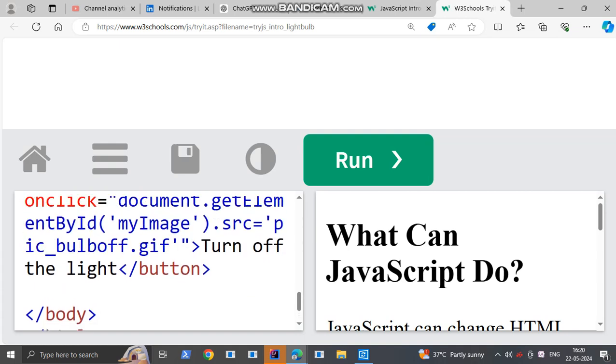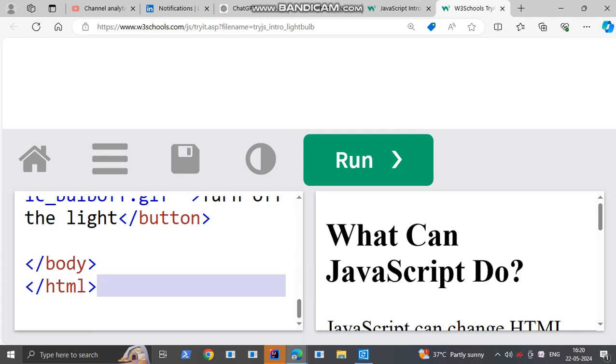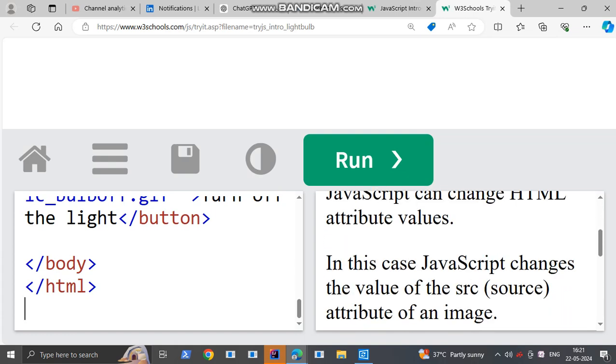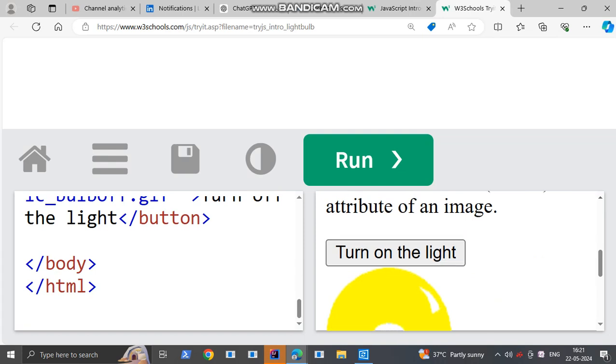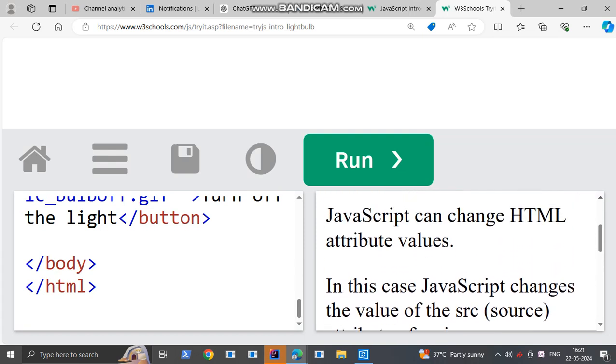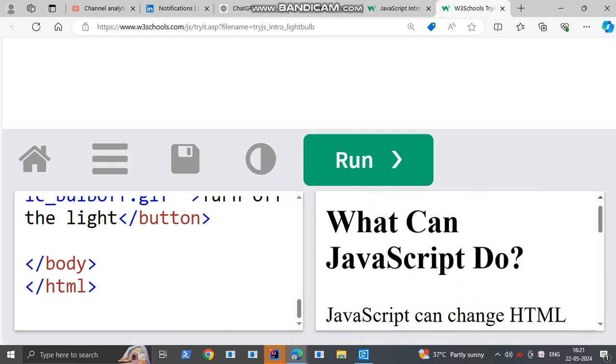So whenever you run this code, the light will be turned on. Try to see what happened.